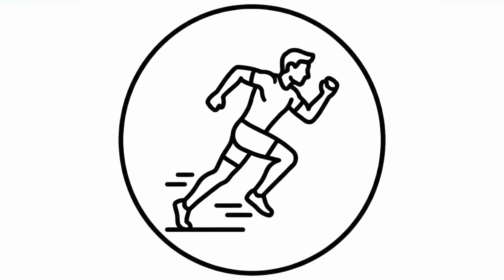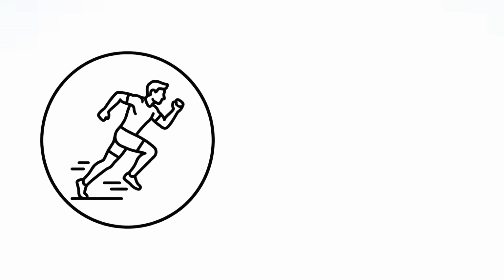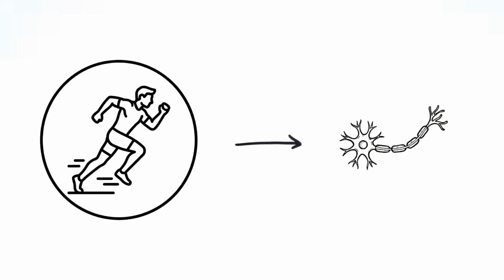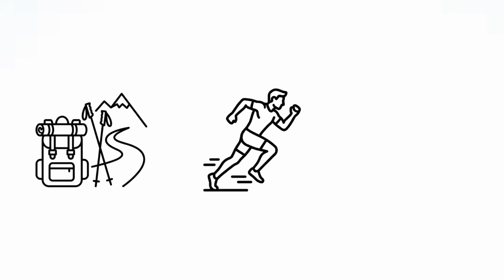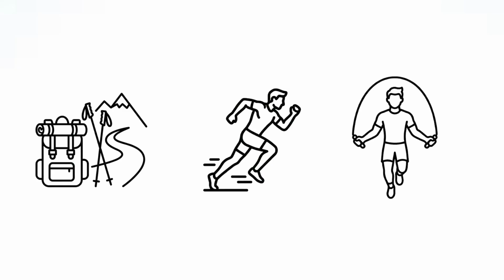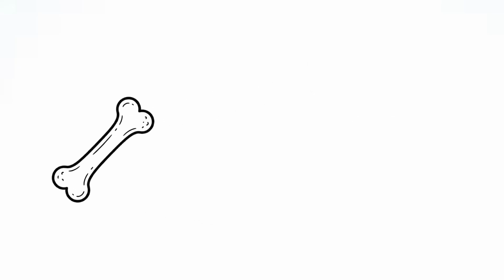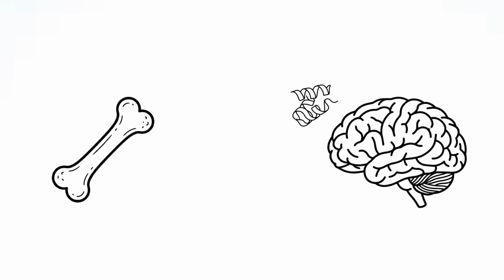Another important way to improve our memory is through cardiovascular exercise. Cardiovascular exercise has actually been shown to stimulate the production of new neurons in the brain, which is really cool. But there's an even more powerful way that exercise can improve your learning and memory. And that's through a hormone called osteocalcin. When we perform load-bearing exercises like hiking, running, jumping rope, etc., our bones release osteocalcin and it travels through our bloodstream up to our brain, where it significantly improves electrical activity and the formation and maintenance of neural connections within